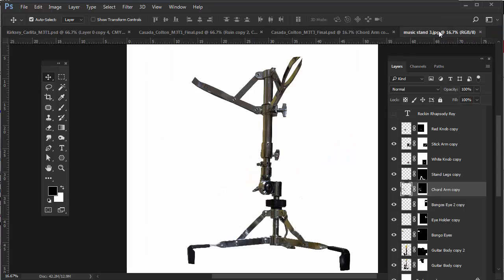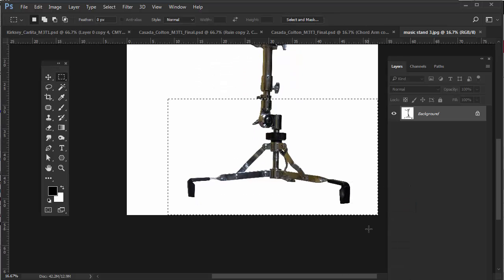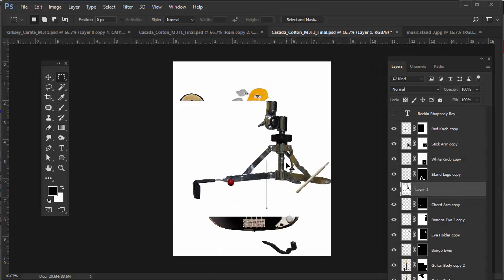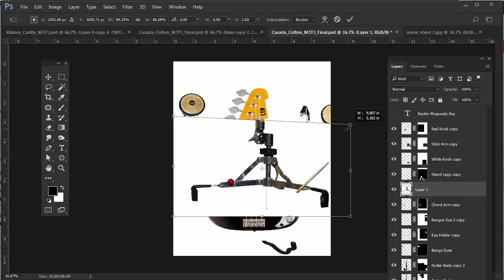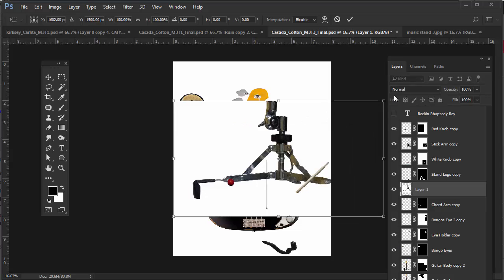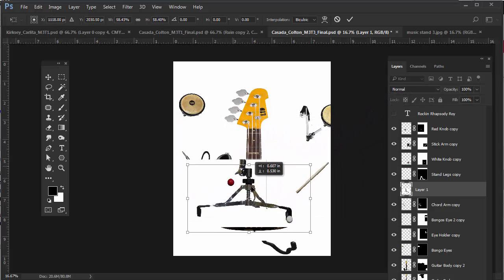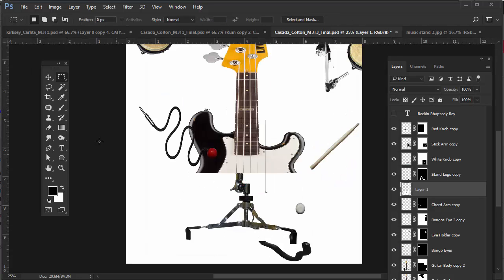Okay. So this here. So for example, I'll take this bottom piece here. Let me copy this. Bring this over to yours and paste it. It's big. Let me hit Control T. Any corner, click, drag in as I'm scaling, holding down the Shift key. Whoops. All right, so let's say I have something about that size. Bring it down here. Maybe a little smaller. All right, I'll hit Enter. So now what I'm going to do is cut this out using a layer